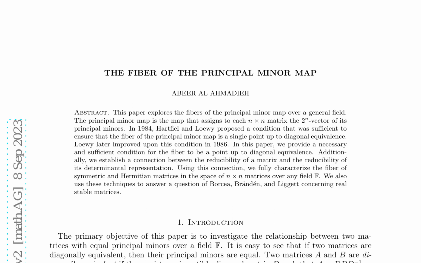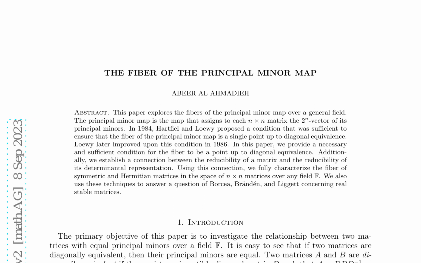This paper delves into the fibers of the principal-minor map over a general field, concentrating on the relationship between two matrices with equal principal minors. The principal-minor map assigns to each n times n matrix the 2^n vector of its principal minors. The primary objective is to determine the conditions under which the sole connection between two matrices with equal principal minors